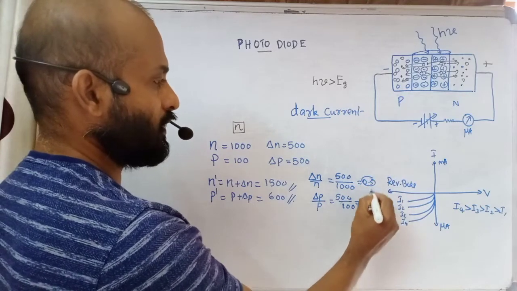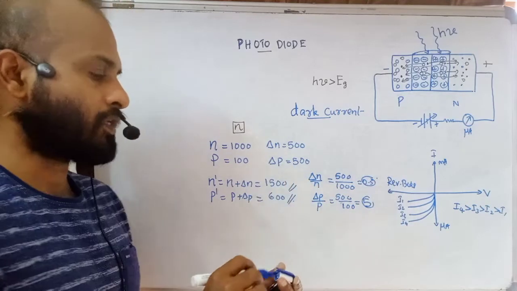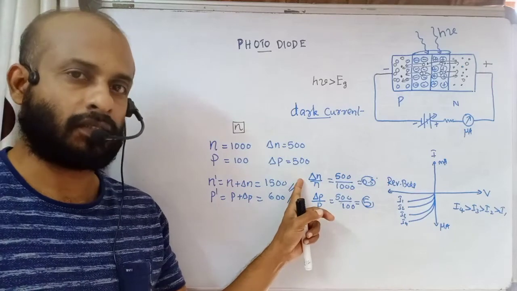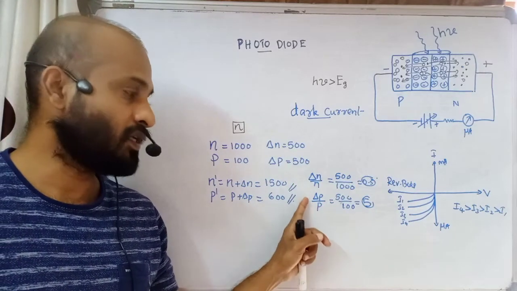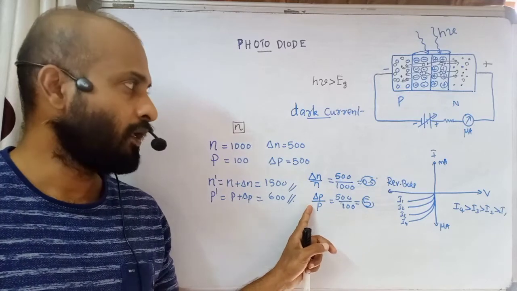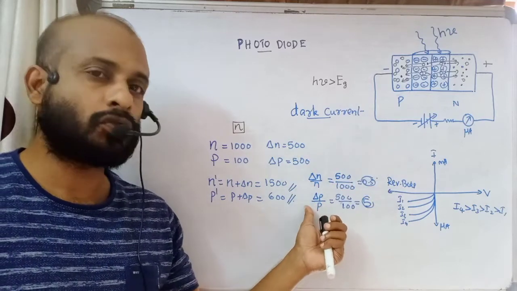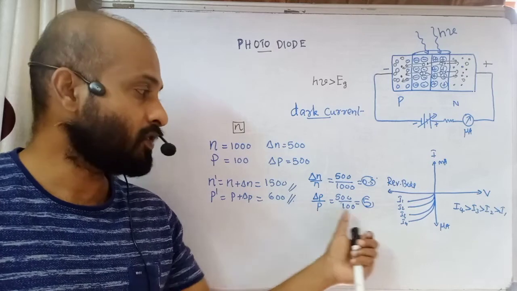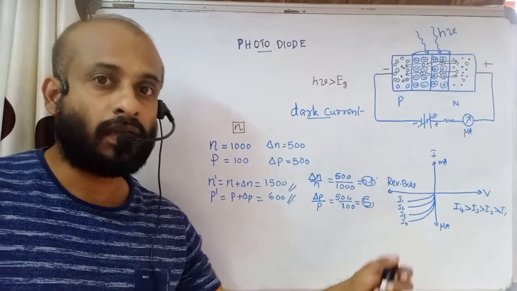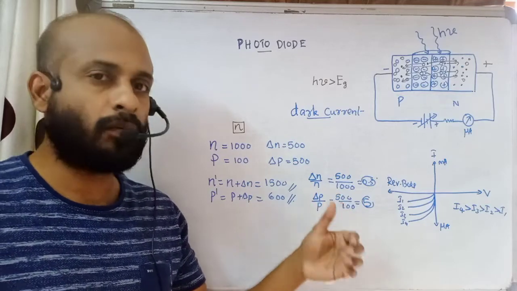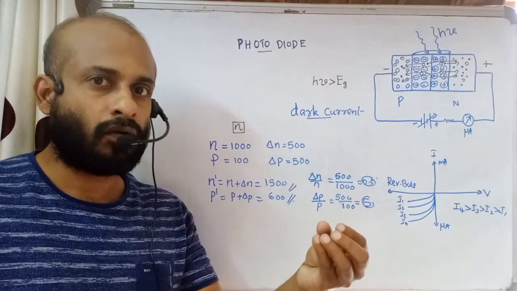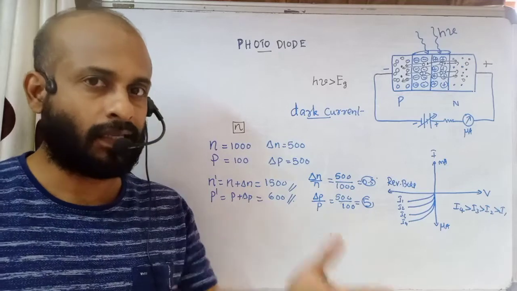Now this number is less. That is, the fraction of majority charge carriers is less. The fraction of minority charge carriers is large. It means the change is large. So if it is reverse biased, the current is due to minority charge carriers, then the fraction change will be large. So we can easily detect it. Okay. If it is forward biased, there already will be a large current. Then the photocurrent also will have some value, and we cannot detect it easily.